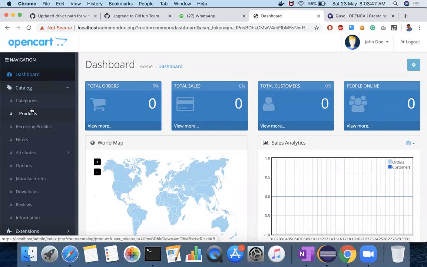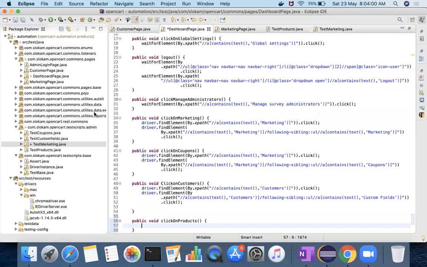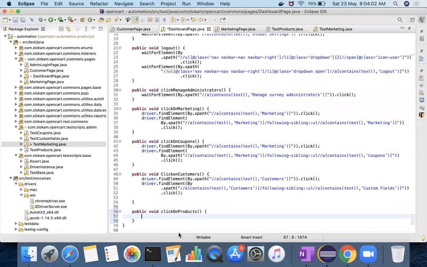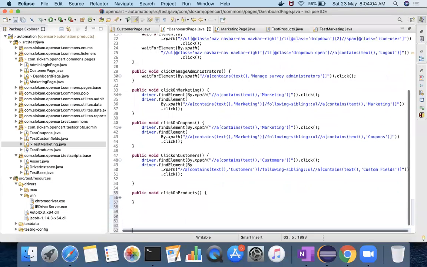Actually, what I can do here is I can write a reusable method to use for all these particular changes. Okay, so please see carefully. This is the new thing that I am doing here.